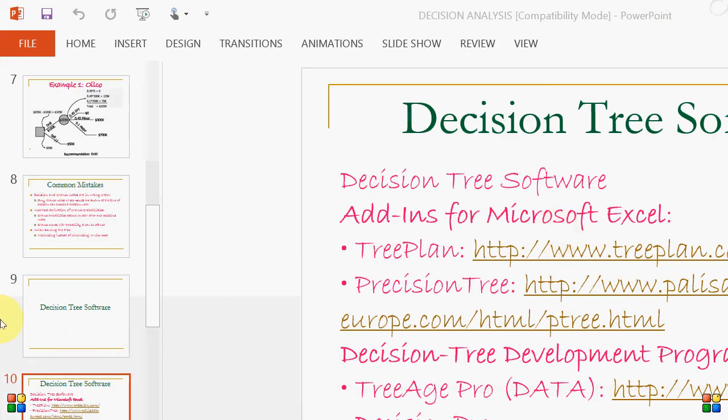Now coming back to the question. So this is basically an introduction to the decision tree, a very quick introduction, and then the next step will be solving the question. We have just covered video part 1, where I've shown you what the decision tree or PrecisionTree software by Palisade Decision Tools looks like, and given you an introduction as to what a square is, which is a decision node, what a circle is, which is a chance node, and what a triangle is, which is a payoff where you represent the profits or the losses.